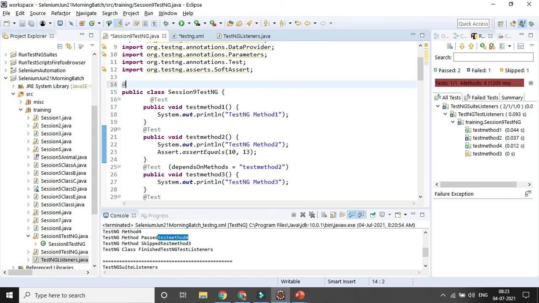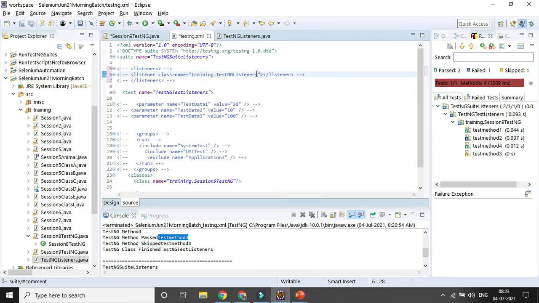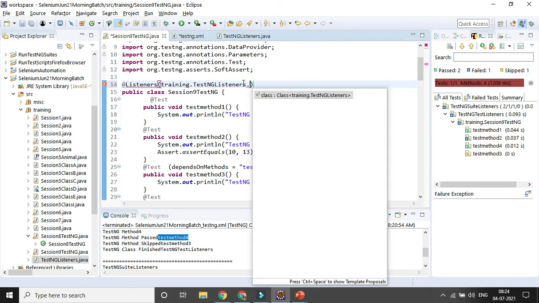So @Listeners, and here I will be giving the same package name dot class name, and after that you need to give one dot class. So same way, package name dot class, and here you will be adding dot class.